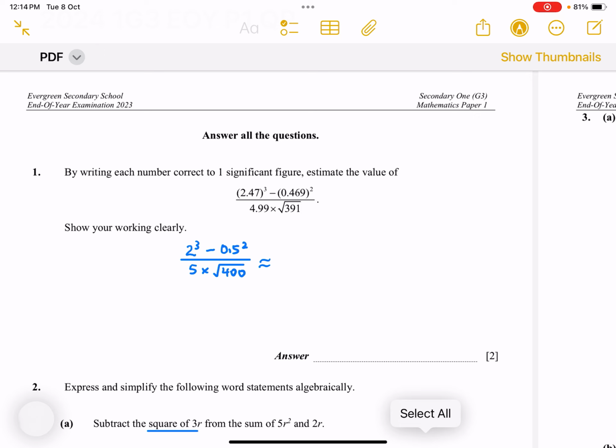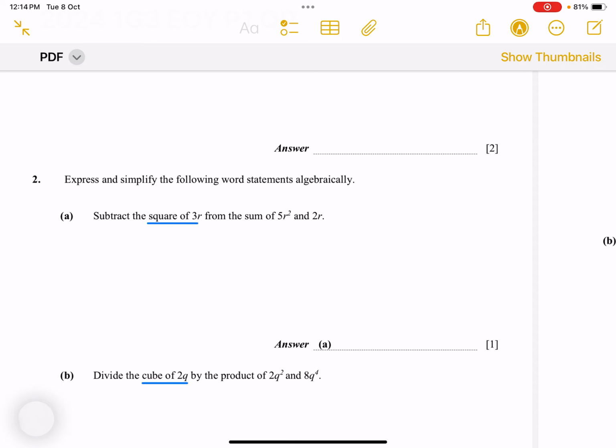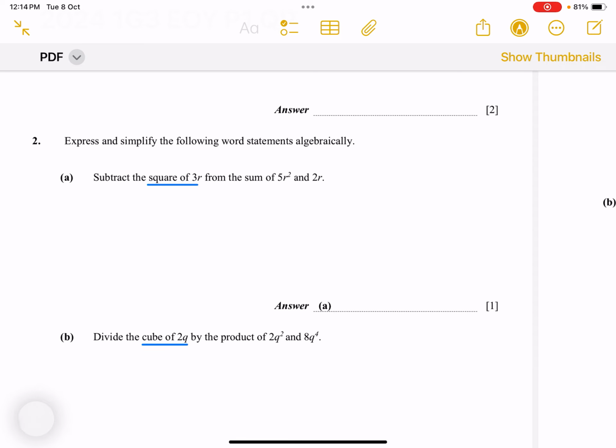And the first non-zero digit in 4.99 is 4. So look to the right and round up to 5, and so on. So the answer, if you have calculated correctly, is 0.0775. We should not round up the answer. Now, in the second example,